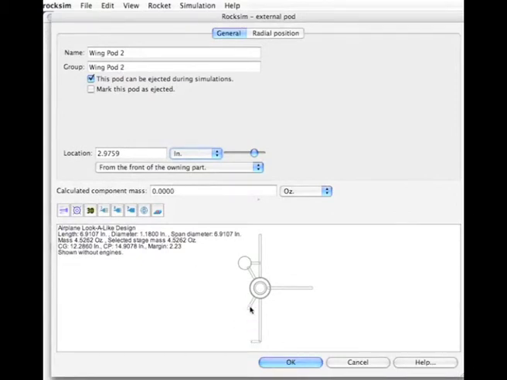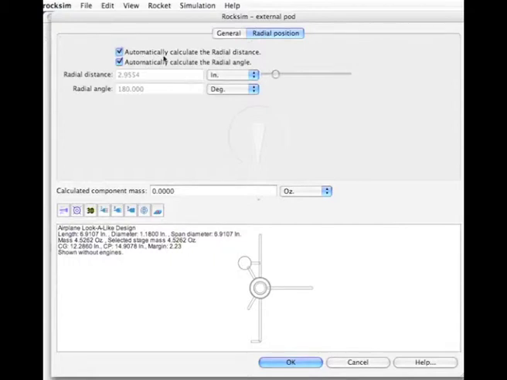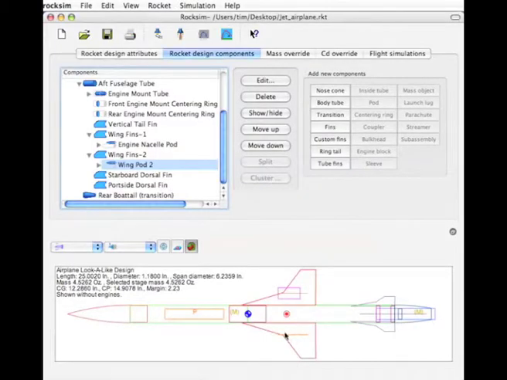And now I need to move it inward, and to do that we'll click on the radial position tab, and right now these two check boxes are checked, and we're going to uncheck both of them, and then we can adjust the radial position. As you see, as I change the radial position, it moves in and out, and I already know that distance. It should be that to match this side over here. Alright, so now our pod is right there,